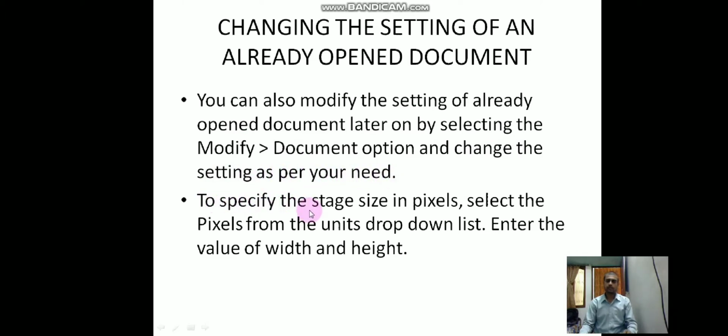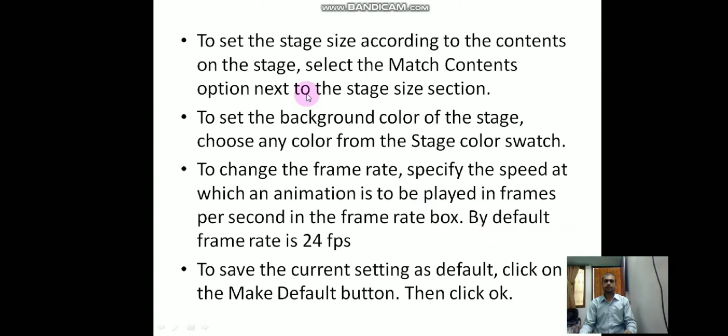To specify the stage size in pixels, select pixels from the units drop-down list and enter the values of width and height. To set the stage size according to the content on the stage, select the Match Contents option next to the stage size section. This we have to follow.